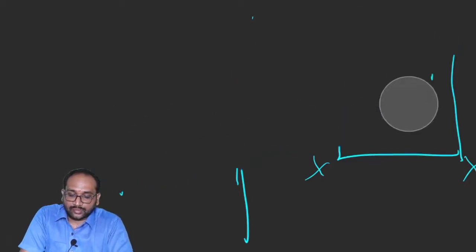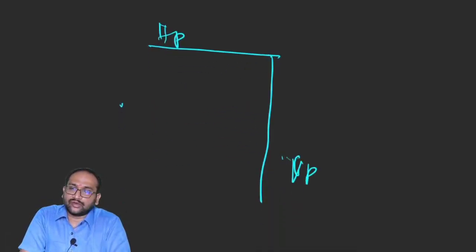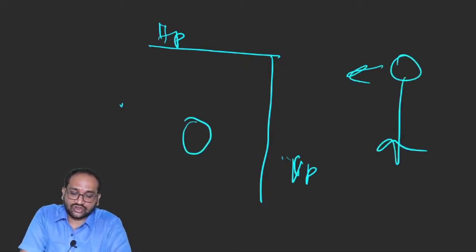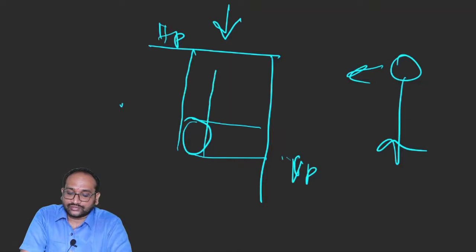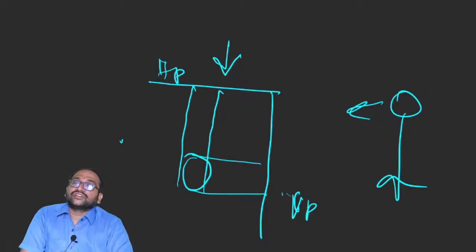Okay. Now coming to third angle. This is third angle projection. This is the horizontal plane, this is the vertical plane, this is the object and this is the observer. The observer sees the object in this direction. Front view is projected on the vertical plane. Similarly, for third angle projection, the observer sees the object in this direction and top view is projected on the horizontal plane. And the condition is we are fixing the vertical plane, rotating the horizontal plane clockwise 90 degrees.